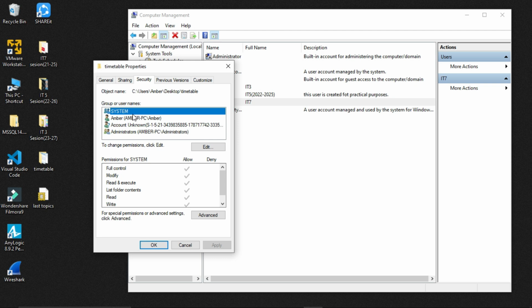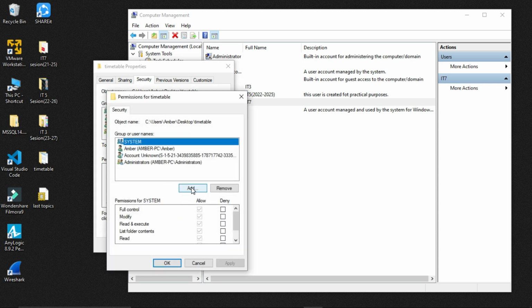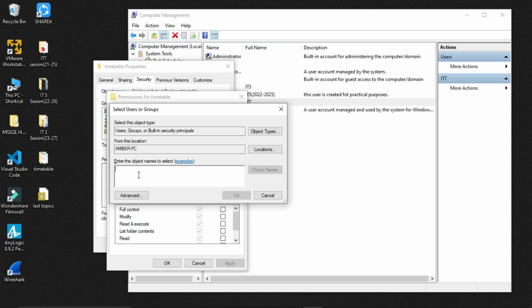Okay, let's right click on this, go to the properties, go to the security, and we have system, Ember, administrator. Let's click on edit, and go to the add option to add a user or to add your group. So I want to add the student group,